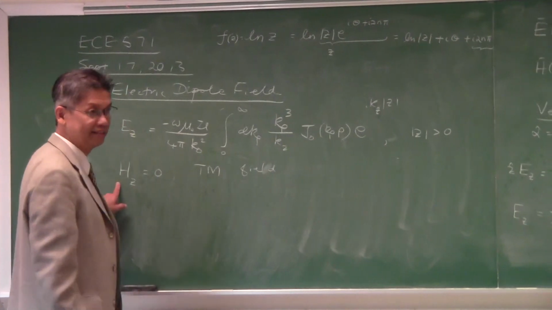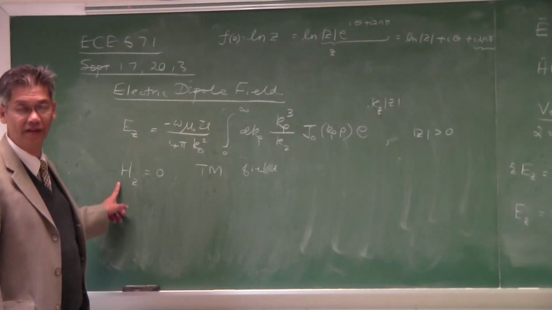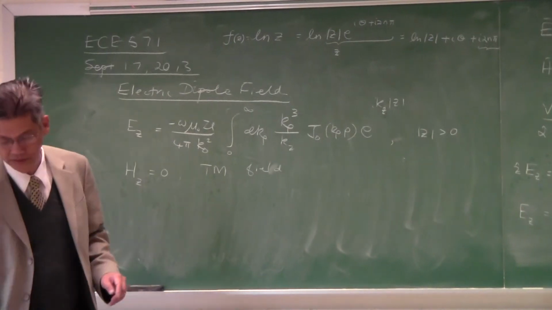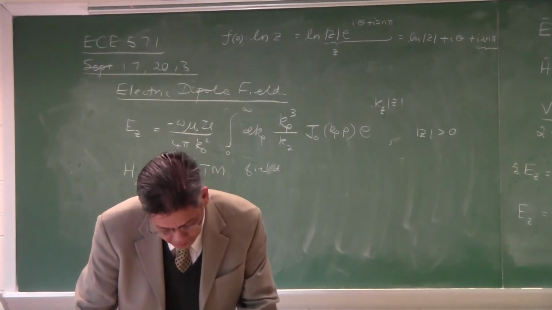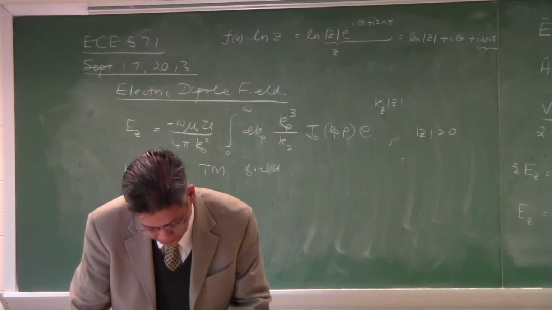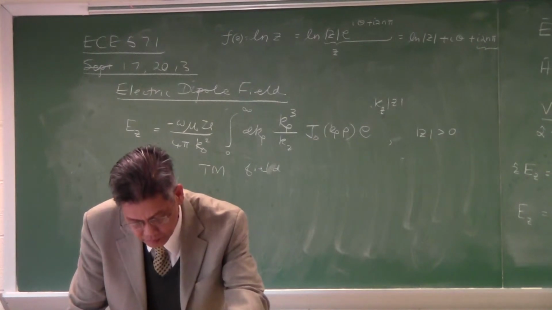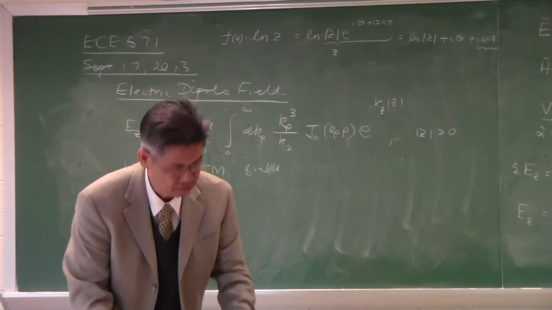So Hx and Hy are non-zero, but Hz is equal to 0. Okay? So this is the vertical electric dipole field. And you can,